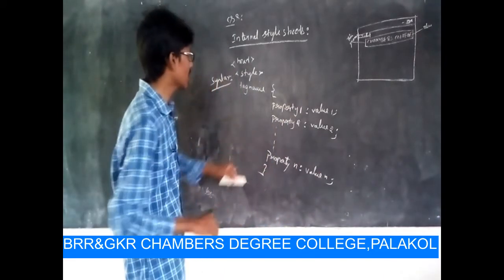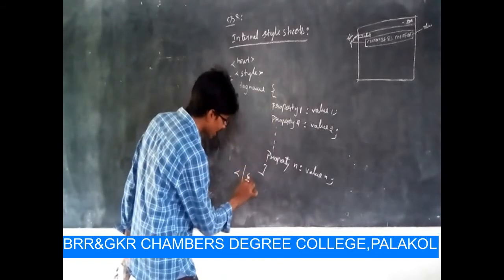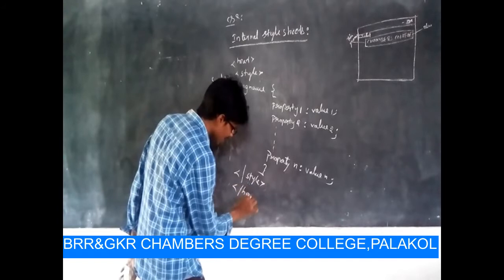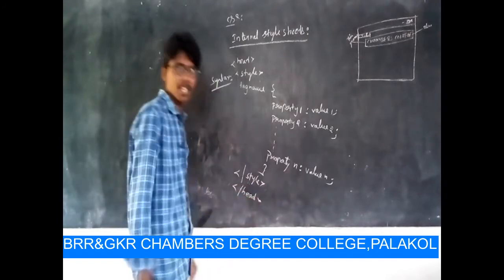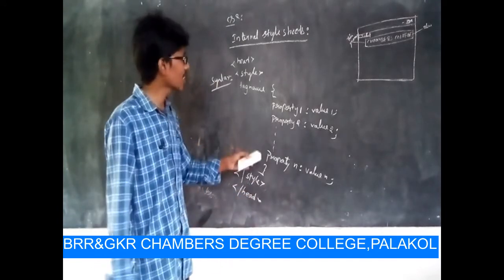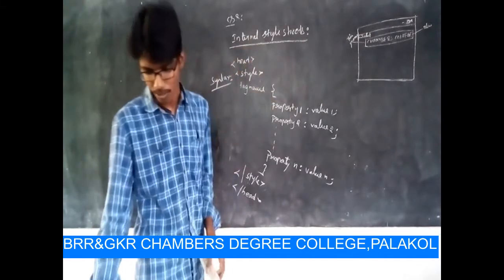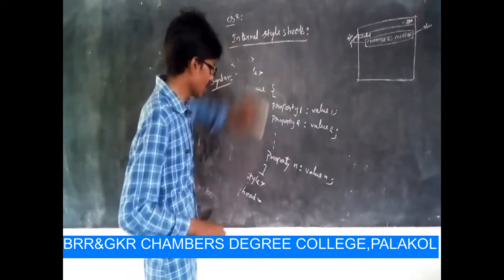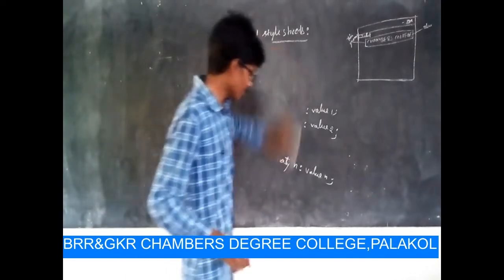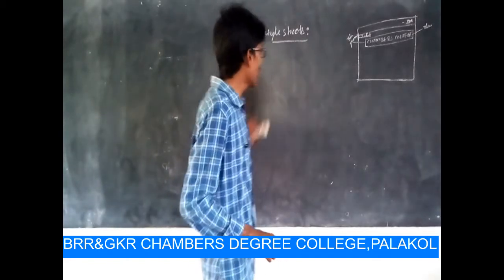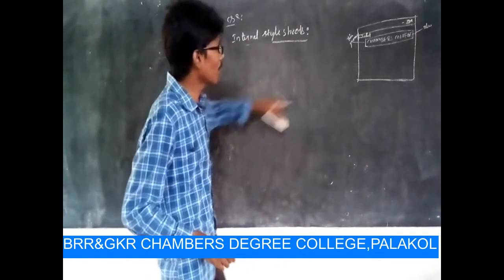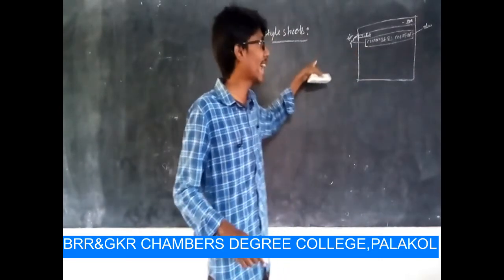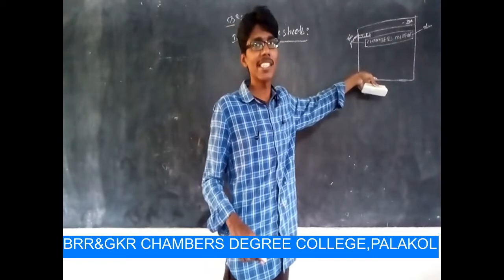This is represented in the head, within the style. Close the style, and then close the head section. This is the syntax for representing an internal style sheet. After that, this can be shown by a simple example. By taking this document, we can implement this style by using internal style sheets.